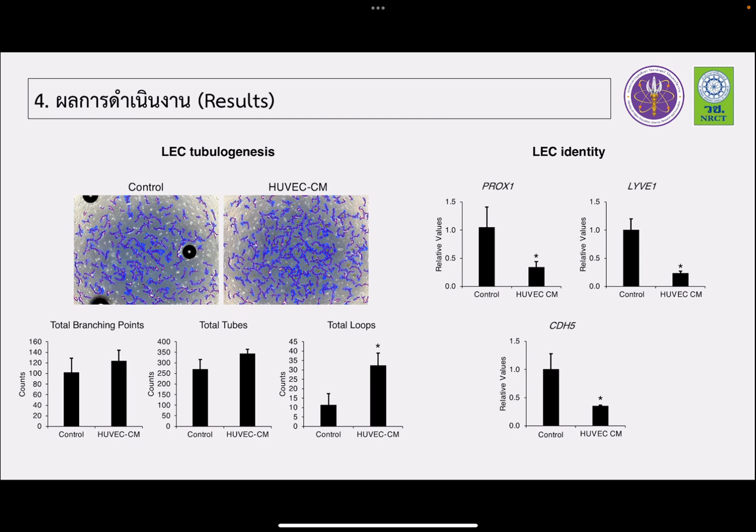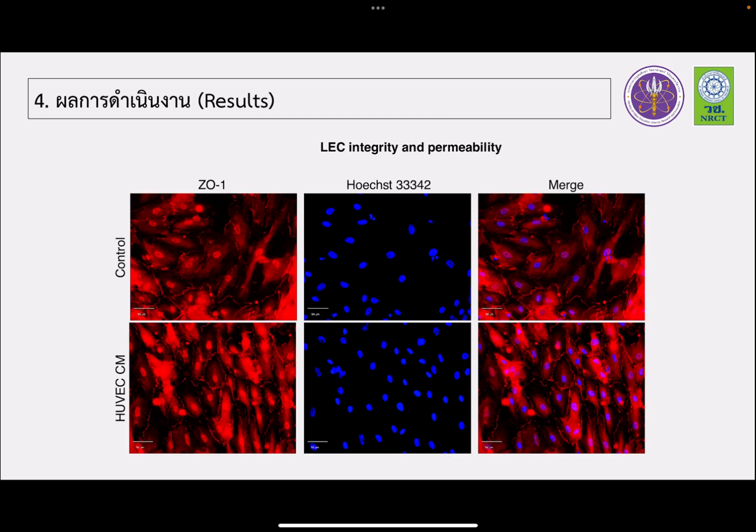and that fits with the earlier results that we found, and this may explain why the process of lymphangiogenesis is promoted, in that because LEC is destabilized, and when LEC is less mature, it has more opportunity or more chance to form tubes or to reconnect with each other and form a better network. And that's what we found with LEC tubulogenesis.